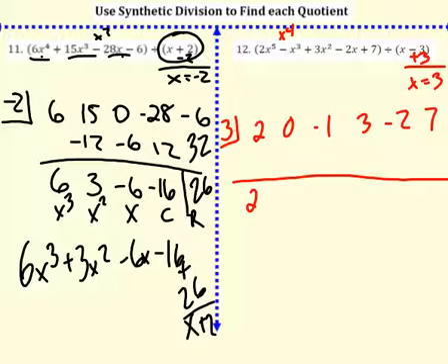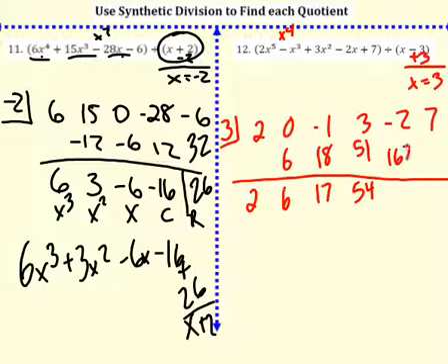Drop the 2. 2 times 3 is 6. Drop the 6. 6 times 3 is 18. 18 minus 1 is 17. 3 times 17 is 51. 51 plus 3 is 54. 54 times 3 is